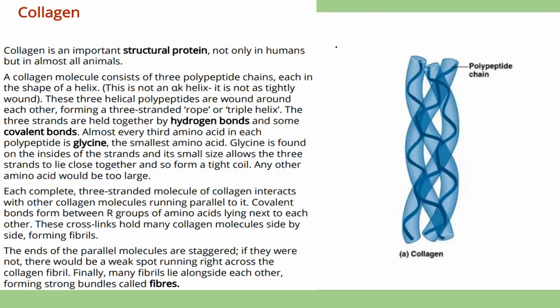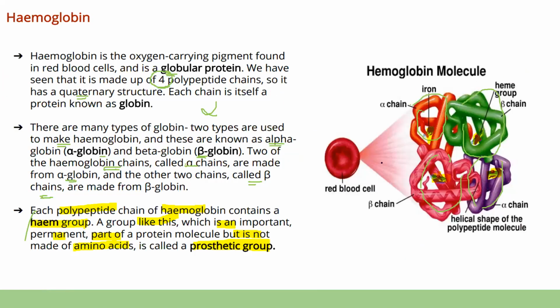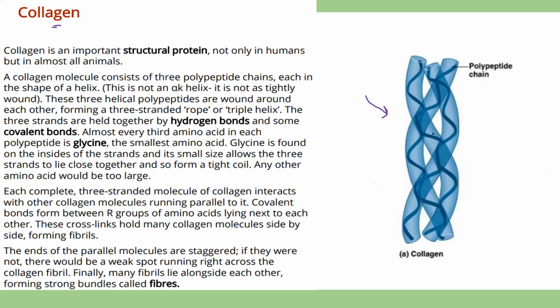Let's come to the collagen. So look at this bit. Collagen is actually structural and it is a fibrous protein. So look at the structural difference between hemoglobin. Hemoglobin we said is a globular protein. Okay? So this is the structure here, beta, and look at the structure for collagen. Okay, so it is a structural protein, and again, beta, it is insoluble in water. But जो collagen है, beta, it is found besides humans, it is found in other animals also.